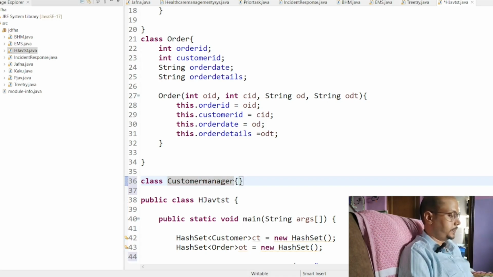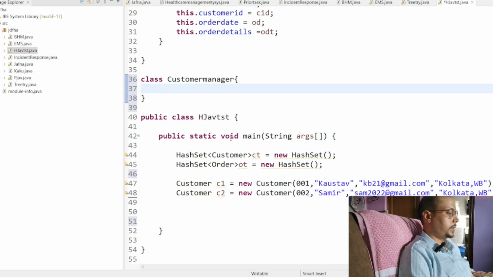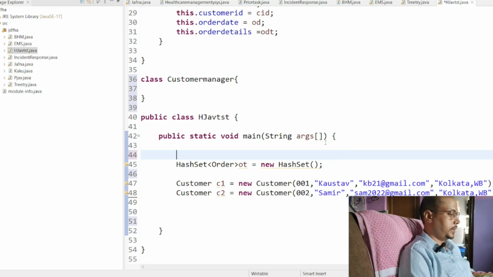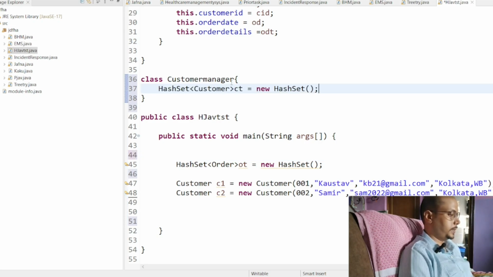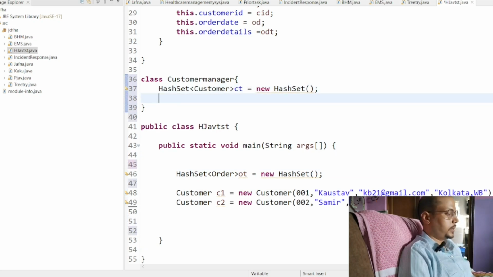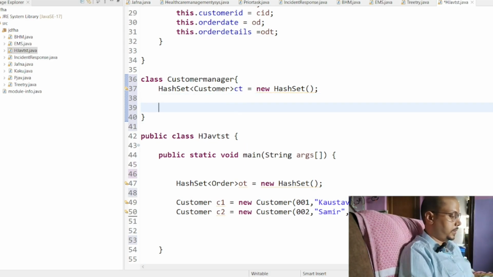Okay, so this is going to be customer manager. Here we are going to take this, copy this from here and place it over here. So now it's going to accept something like public void add customer. I forgot to add the void keyword over here,